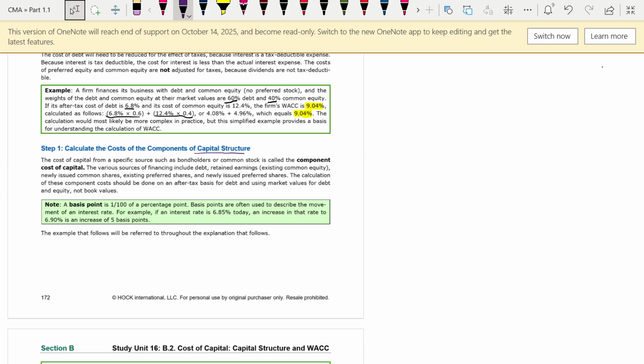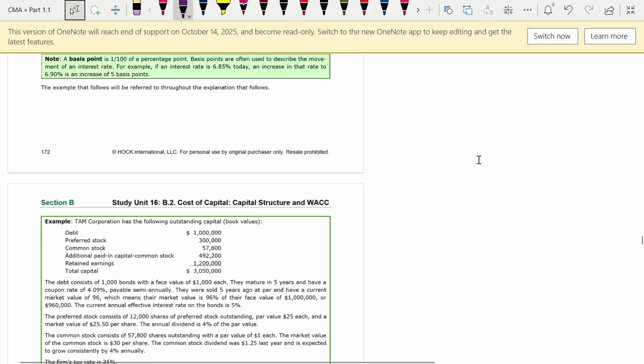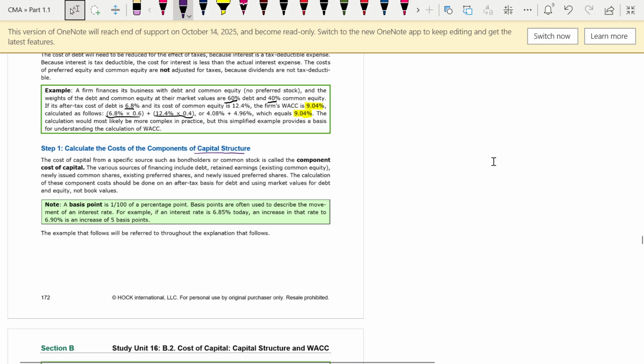You will have multiple. You will have equity. You will have preference shares. You have debt, and you have the retained earnings. There are four different basic components. You have the debt, the preference shares, the common stock, the additional capital, common capital and retained earnings. Now, whenever you are doing this, it is clearly mentioned the cost of capital from a specific source